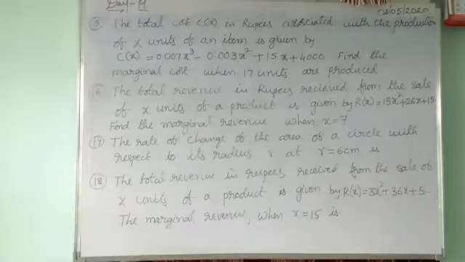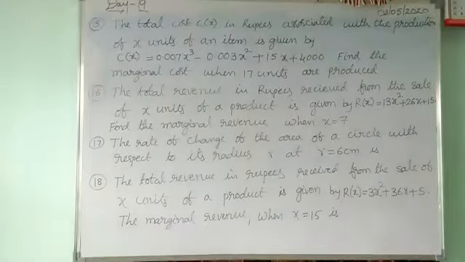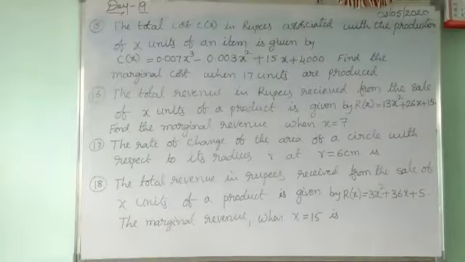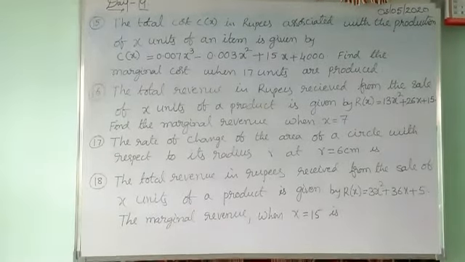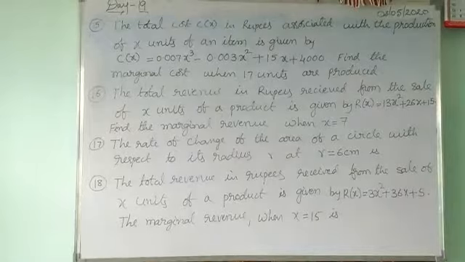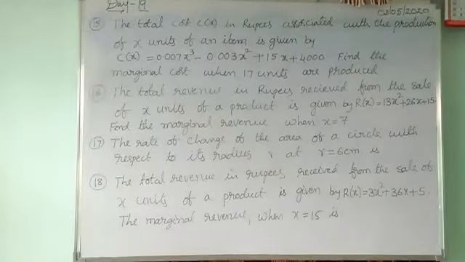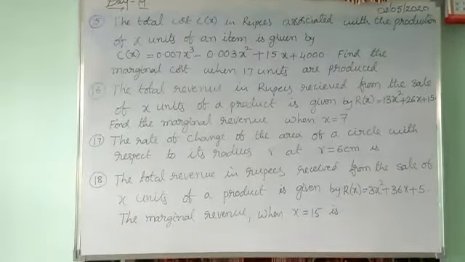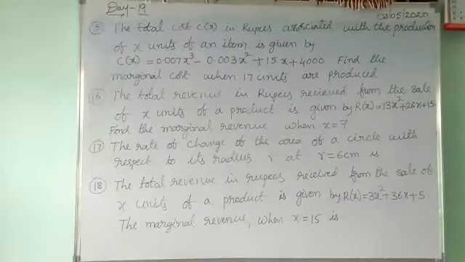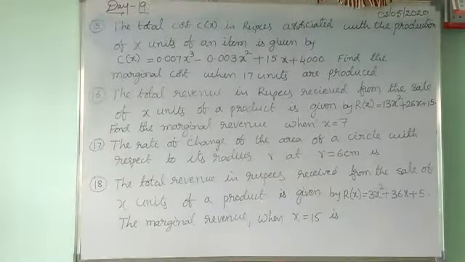Actually, questions 17 and 18 are both optional, guys, because they are multiple choice questions. But as the questions are given to you, take the question and solve it by your own knowledge, because the last problem you already practiced is simple. Area of circle A equal to pi r square, dA by dr equal to 2 pi r. In the place of r, substitute 6. You get 12 pi.